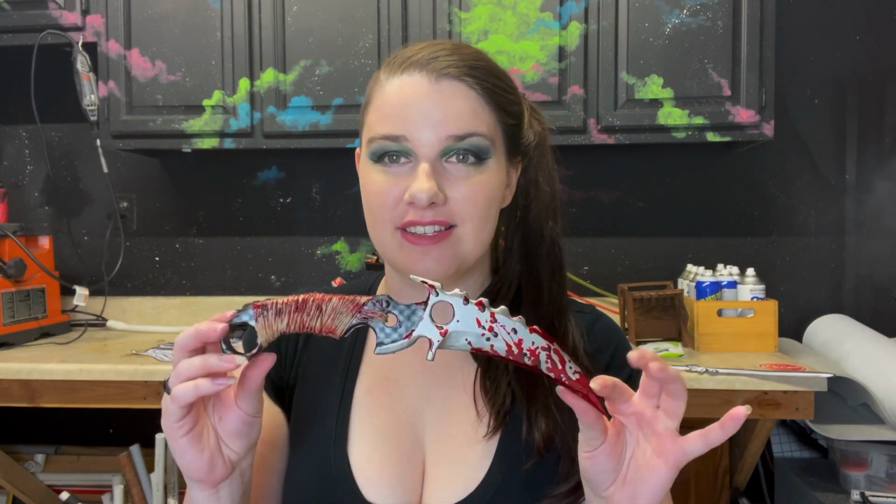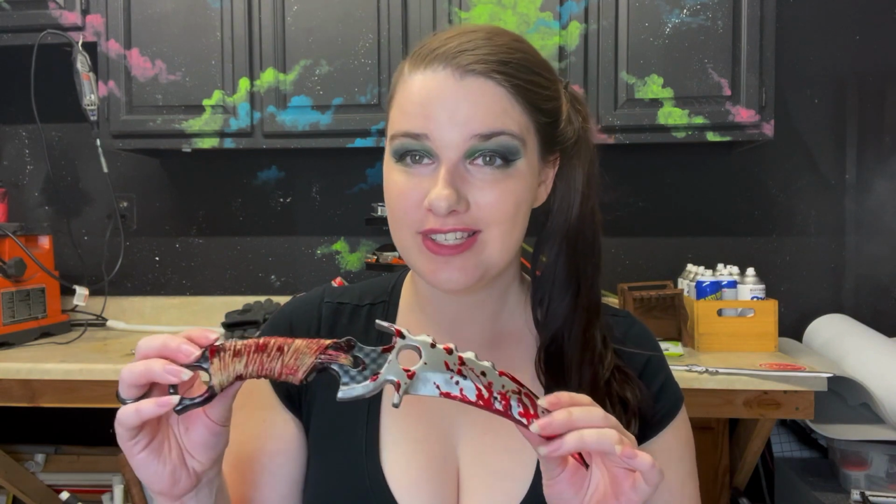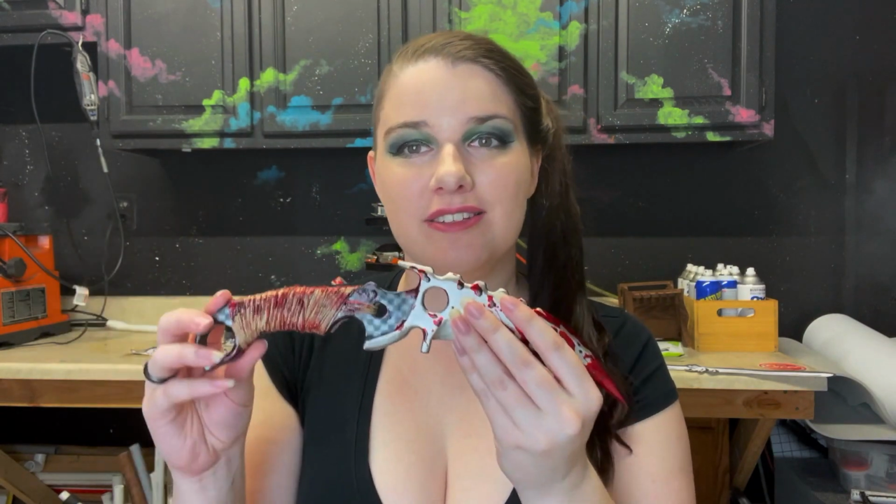This one definitely feels a lot more like the original in that it's a more tactical, real-looking knife, whereas Susie's shank was just an amalgamation of stuff. Like, minus the blood, you could probably buy this one in a store. If you've already seen my original Legion knife, this is gonna seem a little familiar because it's a knife. It's got the basic metallic finish, bevels and blood and stuff. But it's going to be a great refresher just in time for you guys to finish all of your Halloween